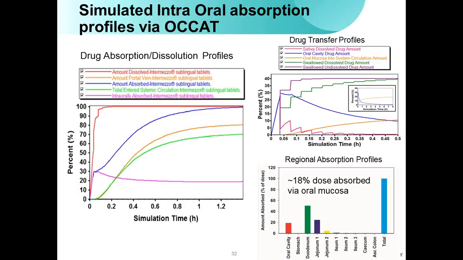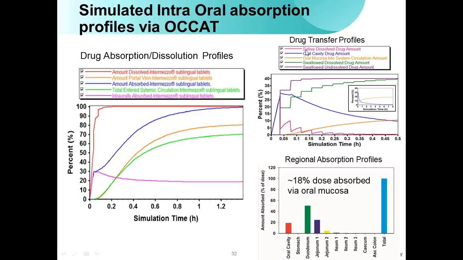There's a drug absorption and dissolution profile. On the left-hand side is information you're probably pretty familiar with from the ACAT model, because you have the amount dissolved, the amount absorbed, and also the total amount entering the systemic circulation. But this pink line is a new absorption profile, the accumulated absorption from the intraoral side. As I said, because of back diffusion, it doesn't always increase, but can also decrease because of swallowing. And you can also see the swallowing process from the figure on the top right.